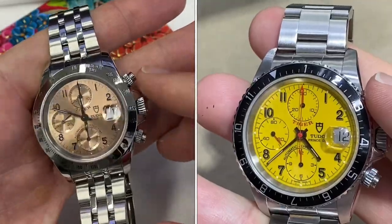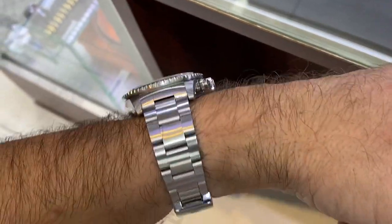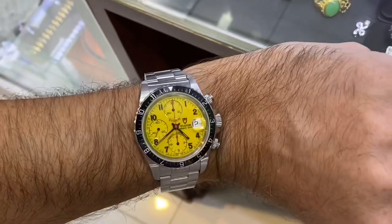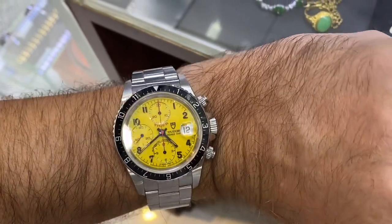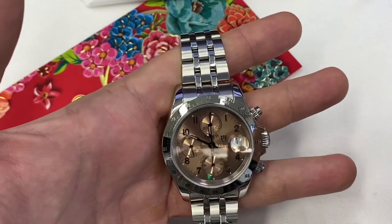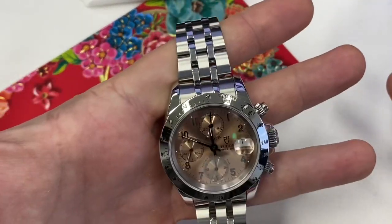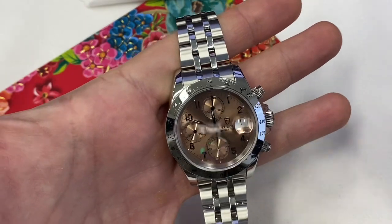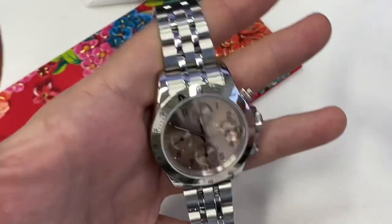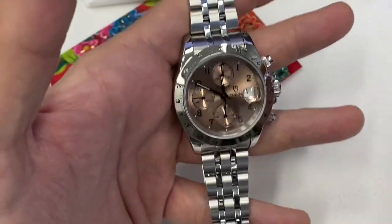But it was gone pretty quickly after that, especially because I think Crown and Caliber did a video with the exact same model, and the next day it was gone. So you see how people are. It just takes a little video like the one I'm doing now, maybe to push a model over the cliff, and there are a lot of them around, but not millions of them around. They're not hard to find at the moment, but they're quite hard to find at a good price. I think I got this one at a good price in perfect condition with the papers, which is not so easy to find, and it's going to get less and less easy,